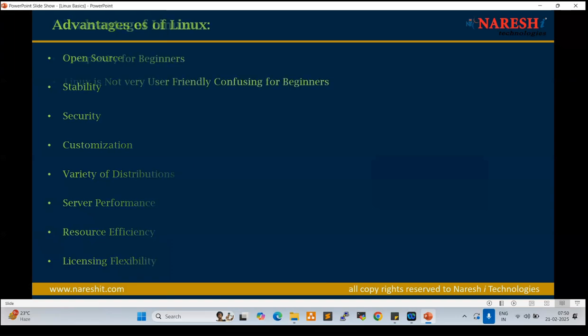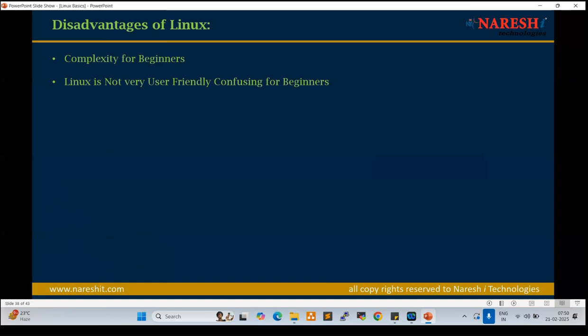Now let us go with the disadvantages. See here. Complexity for beginners. Beginners will be confused initially. In 2012, I switched to Linux. Before that, I was trying to learn Linux, but I could not.